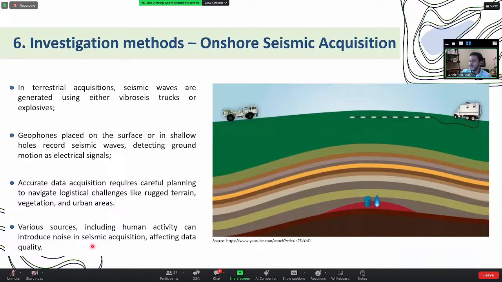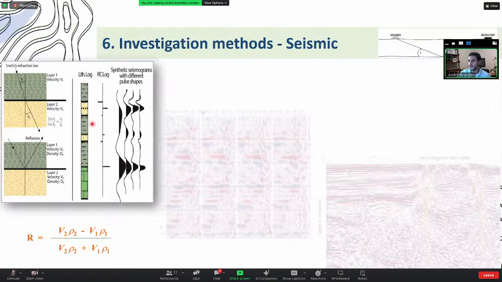And there are a lot of things that may reduce the quality of data, and there are a lot of procedures and mathematical equations that may help with that. You're going to have a whole lesson about seismic, so don't worry about it. The next professor will go much deeper into it. But what I want you guys to know is that